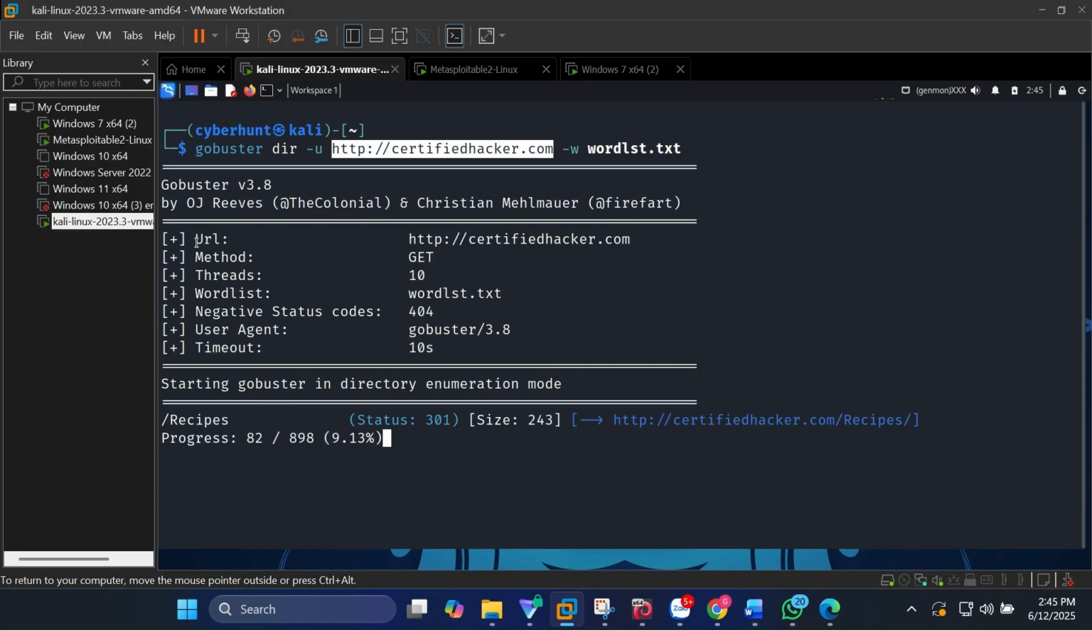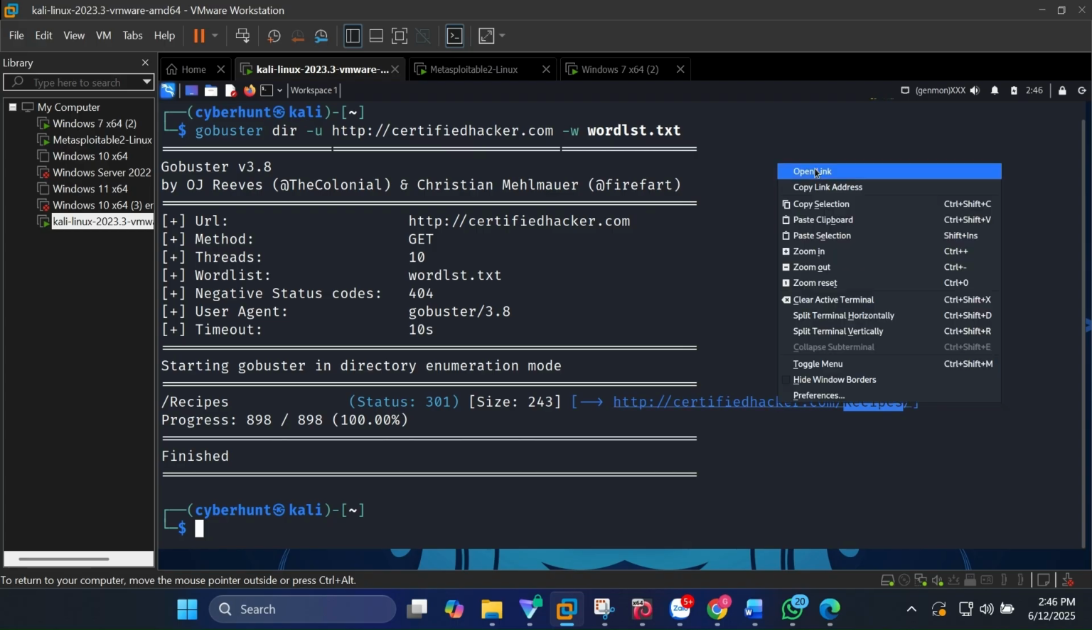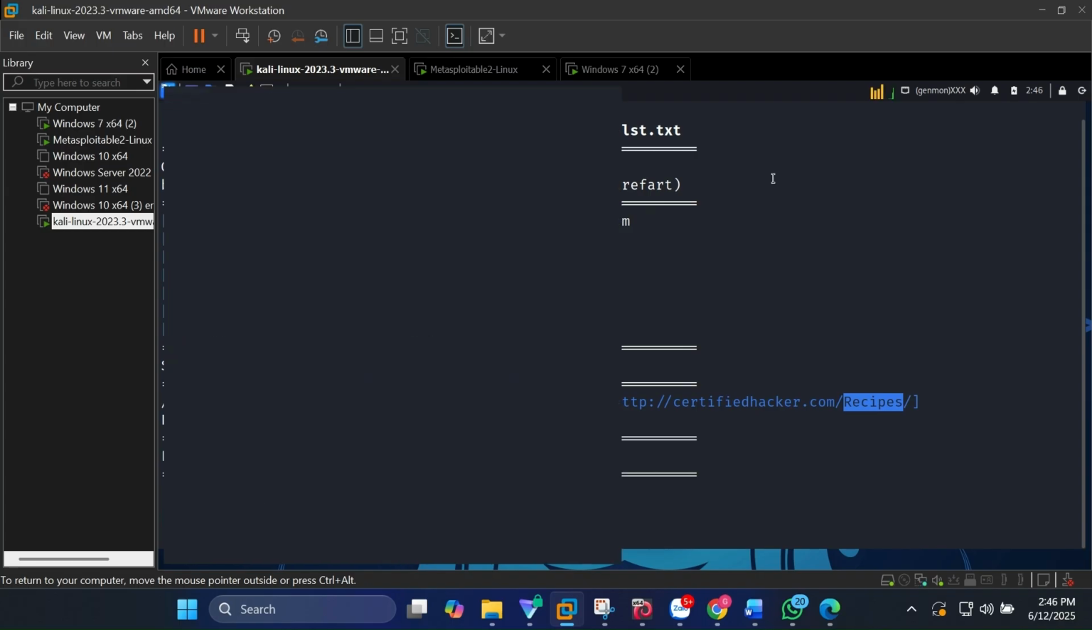It tells us that we are visiting a URL known as certifiedhacker.com, and these are the various hidden URLs that it is bringing to us. You can see that there is a directory here known as recipe. What does this tell us? If it is giving us recipes, then this website might be involved in kitchen activities. It could be a hotel that has a kitchen, or a site that supplies food. So if I right click and go to open link,